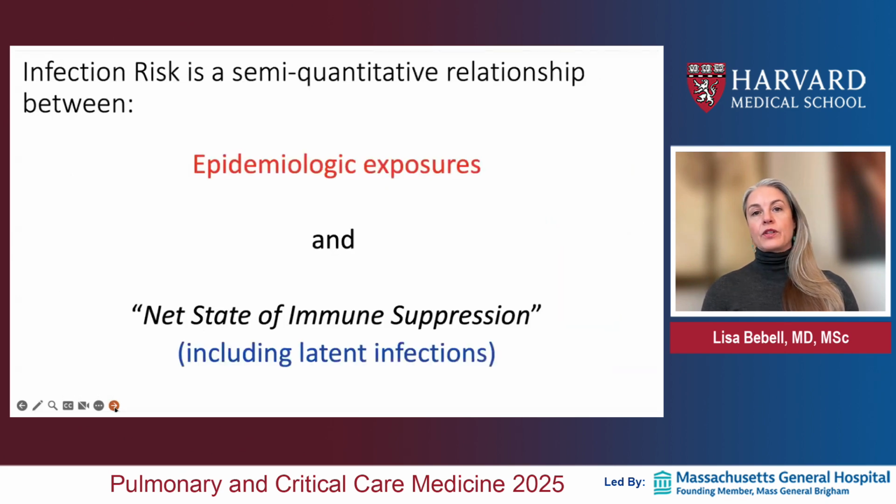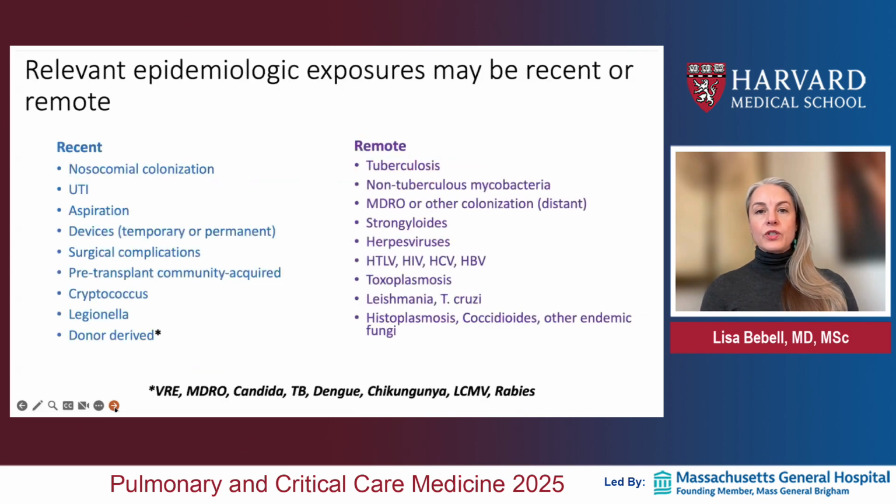So really think about the risk of infection as a semi-quantitative relationship between that epidemiology and the net state of immune suppression, including latent infections that might be present. I want you to think about the epidemiology, both in terms of recent exposures and remote exposures that might be able to reactivate. So some of the recent exposures that we see in our critically ill patients include nosocomial colonization,